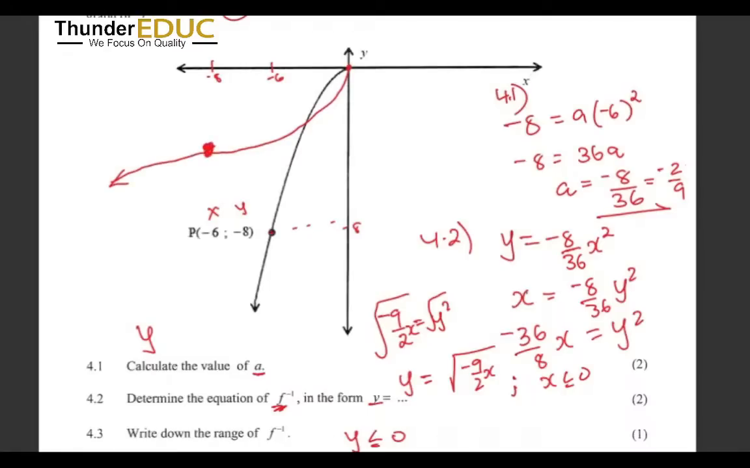Sorry, it's not that perfect, but that's the kind of shape. Let's redo that again. So it's saying negative 8 and 6. And then we just join. So something of that nature. So this is the inverse. All right, then